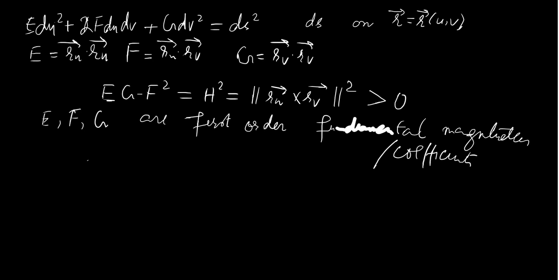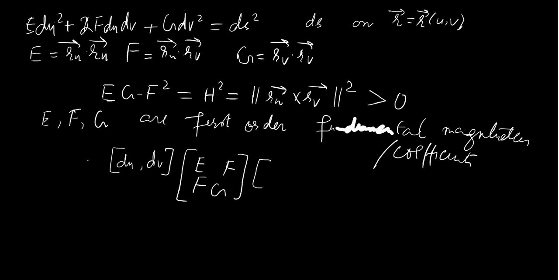Now I also told you that you can write this quadratic form in a simple form as (du dv), this is a matrix, then E F F G, multiplied by this column vector (du dv). If you multiply this, you should get the expression, the matrix multiplication. So corresponding to every quadratic form, you would find a square matrix, which would have certain properties. As is the case, the determinant of this matrix, which would be EG minus F square, is positive. Another thing about quadratic forms is that,